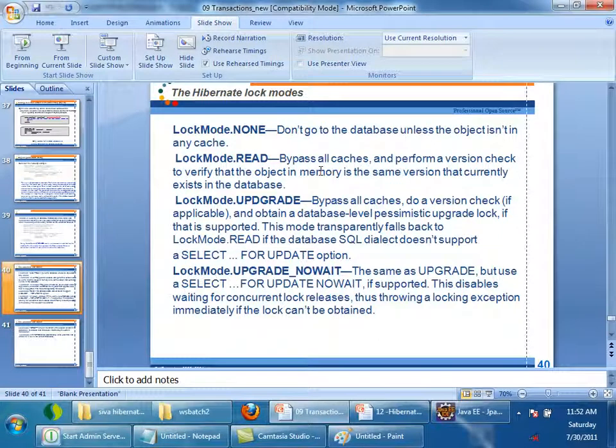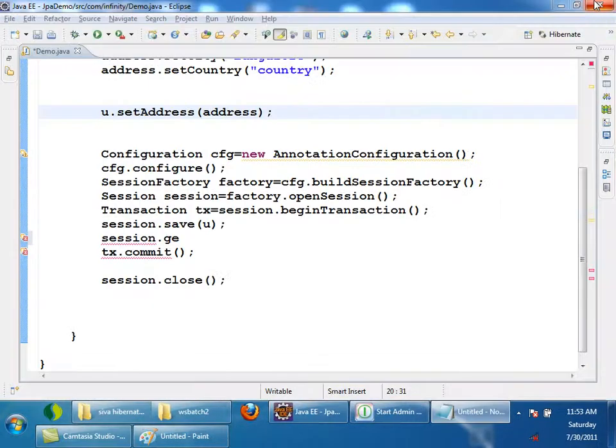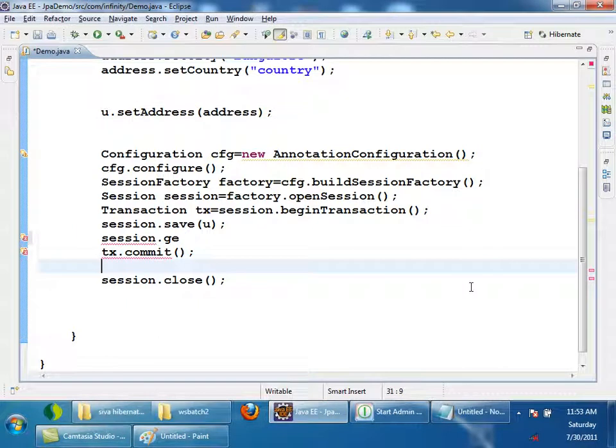You have to use any one of the lock modes if you want to get a pessimistic lock. Or you can use versioning or timestamp for optimistic lock mode. Right? These are the transaction managements.